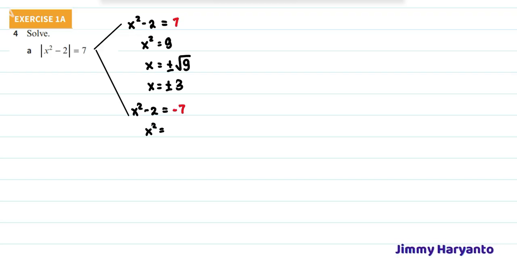For the second, you will have negative 5 right here. So x equals to square root of negative 5. Do not forget the plus minus. But unfortunately, square root cannot be negative. So this one is rejected. There is no solution for this one. And also because this is the first type of equation, that means all of the x is the answer, the solution. So the solution in this question is x equals to 3 and also x equals to negative 3.